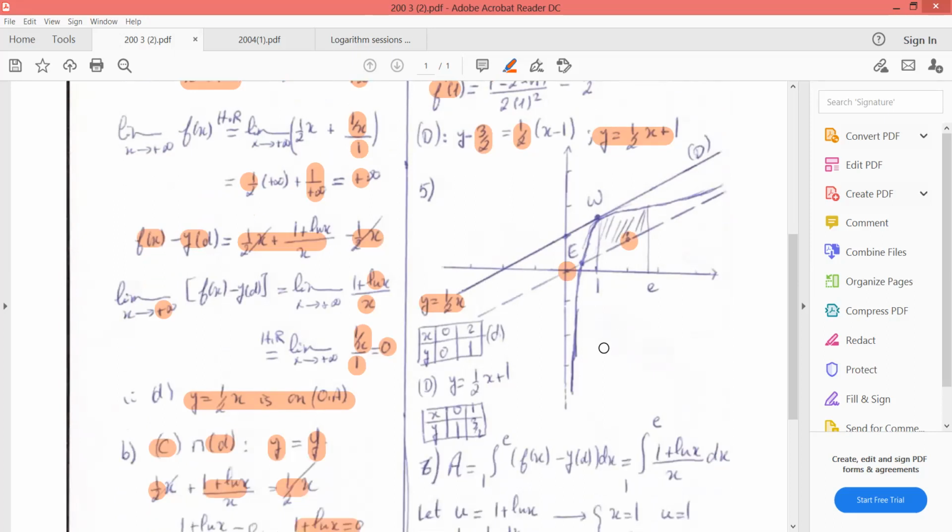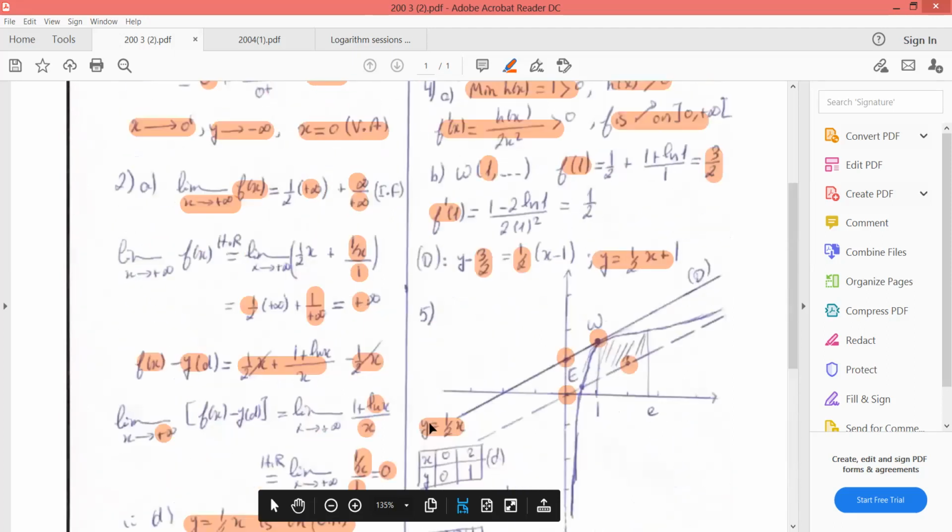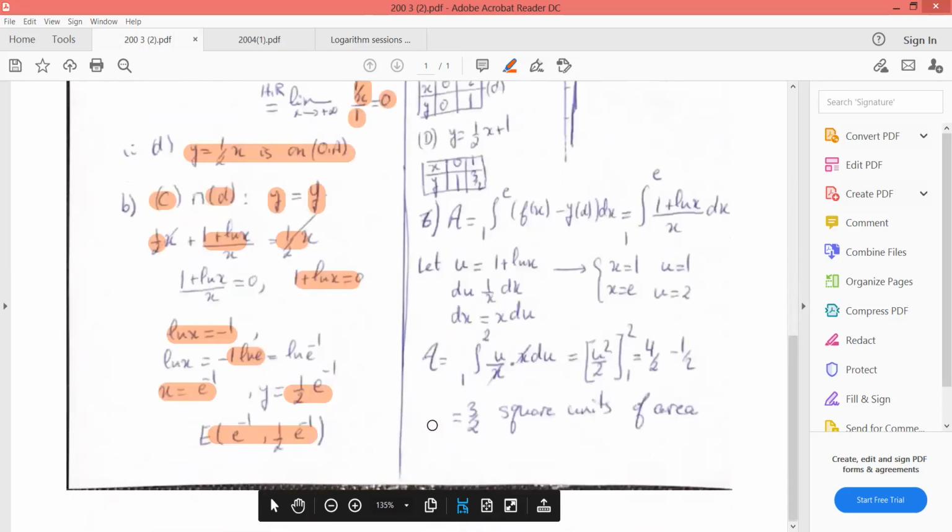Then the equation of the tangent y equal half x plus 1 is at x equals 0, y equals 1, and at x equals 1, y equals 3 over 2. Then this is the line D. The point E is (e to the minus 1, half e to the minus 1). You find it using your calculator. We replace it in the equation of the line since it is the point of intersection